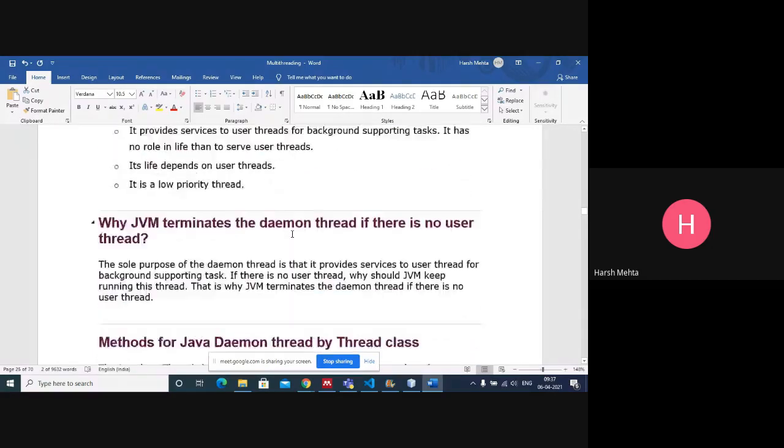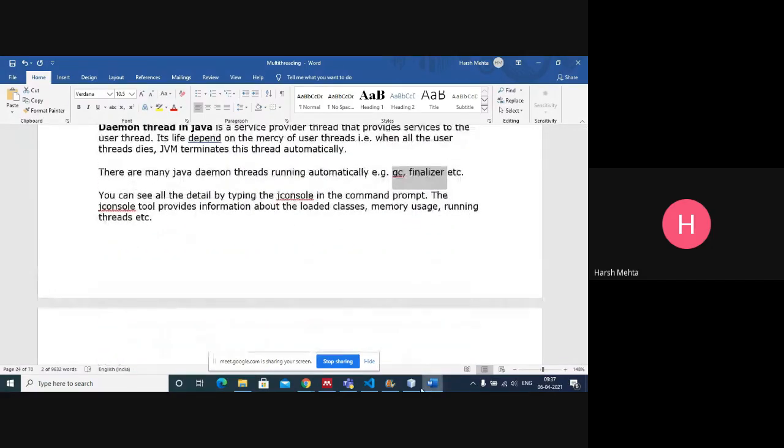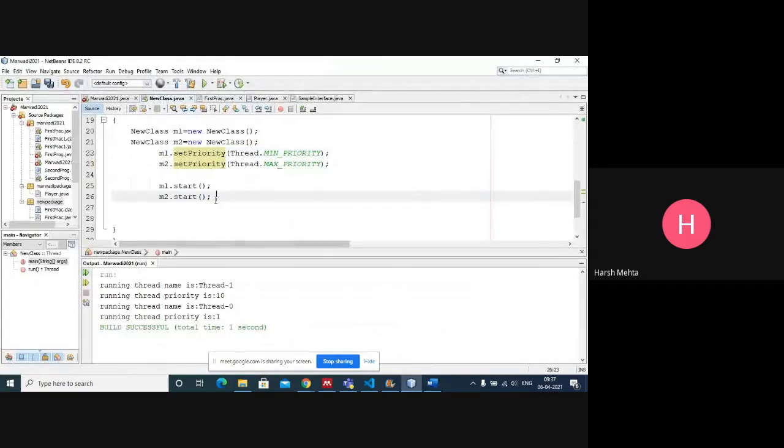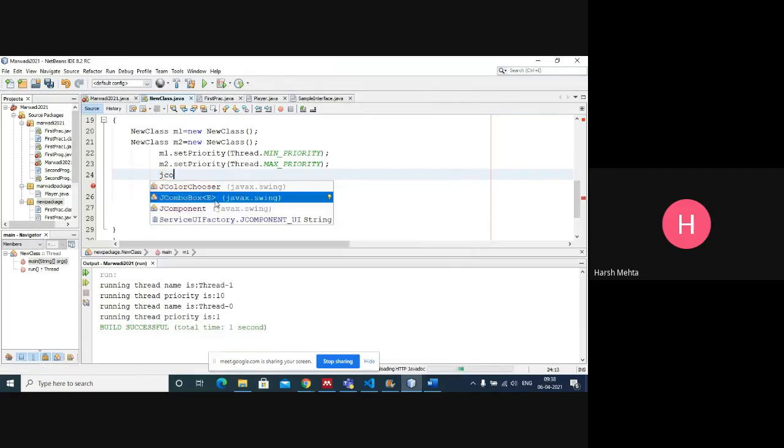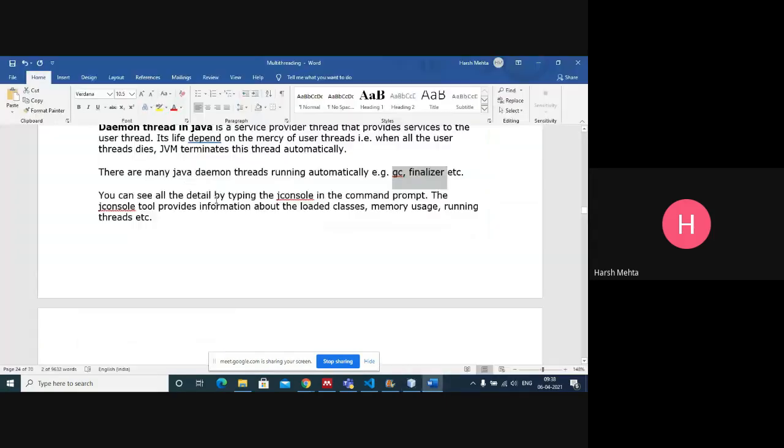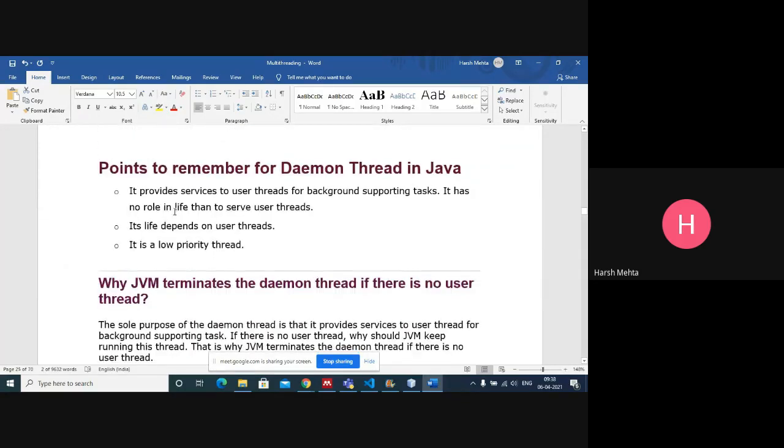JConsole doesn't work here. There are different ways to see the daemon thread, but right now we are not seeing those.